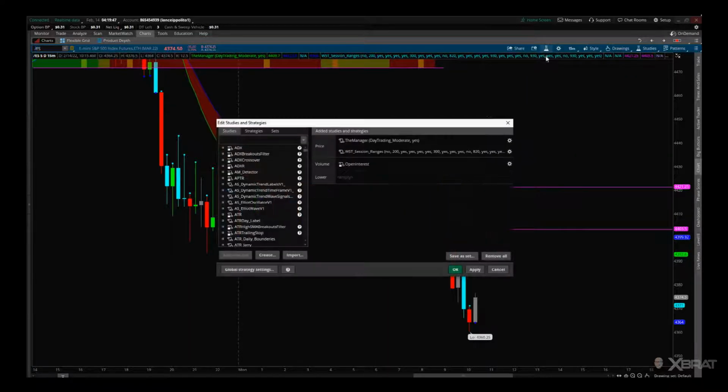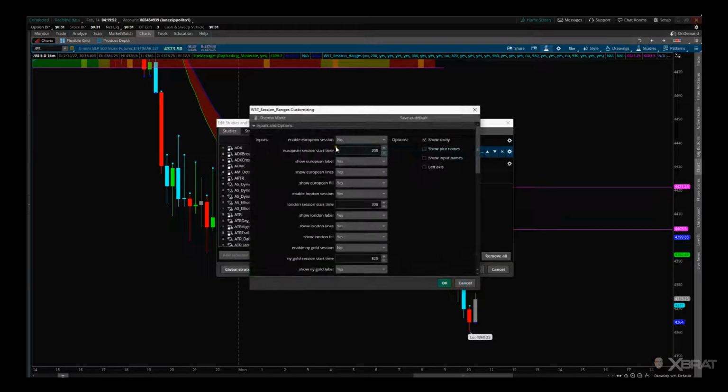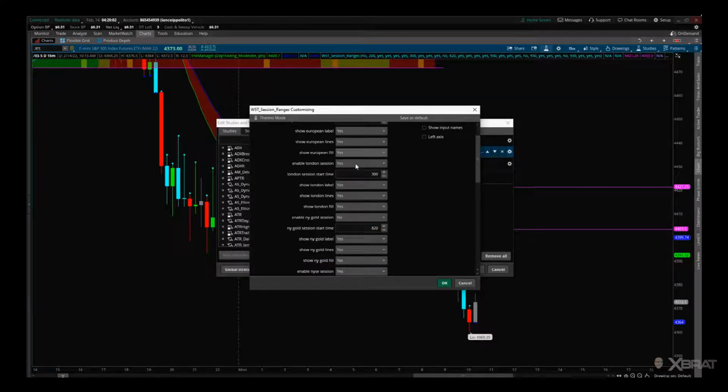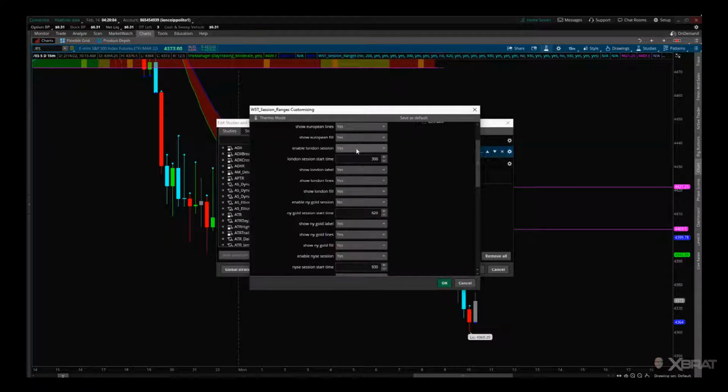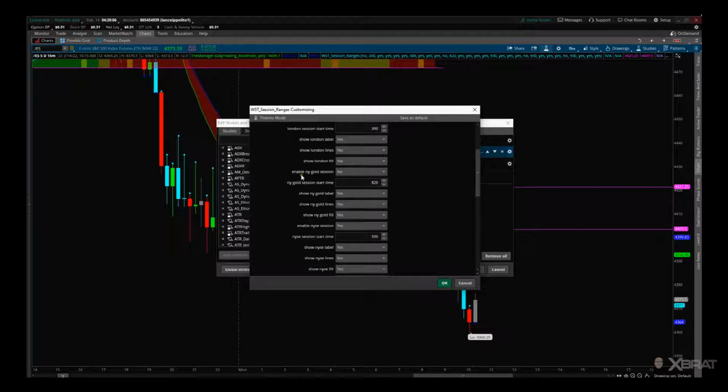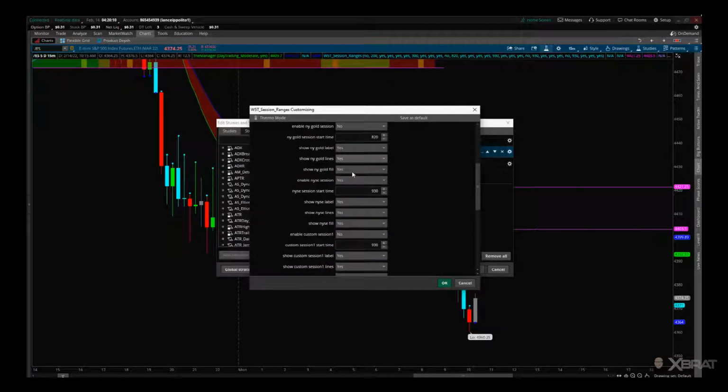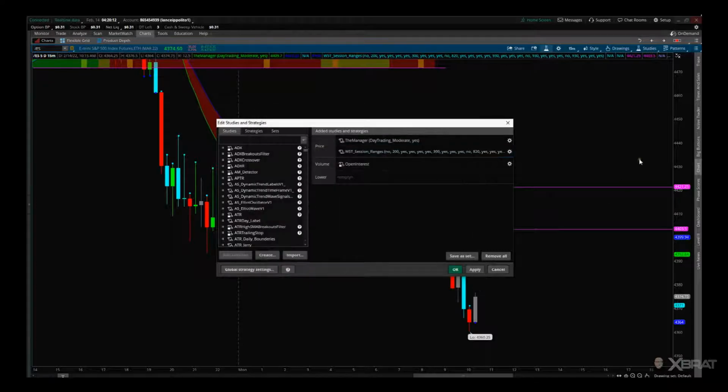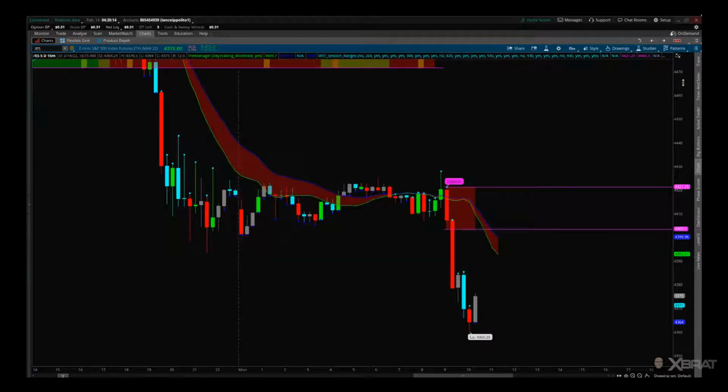When we go into the session opening ranges here, you can see I've got the European gold pit open there. I've got that set to no at the moment, because that's not going to affect my ES trade. We've got the London opening time, which is enabled. We've got the New York gold session, which is disabled at the moment because I'm not trading gold. If I just go to the gold chart now,